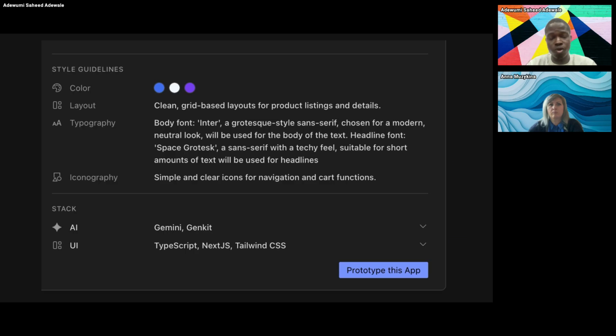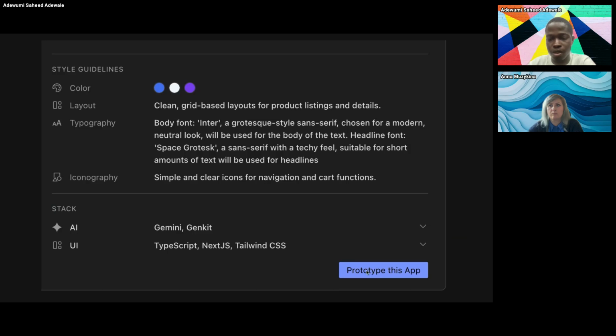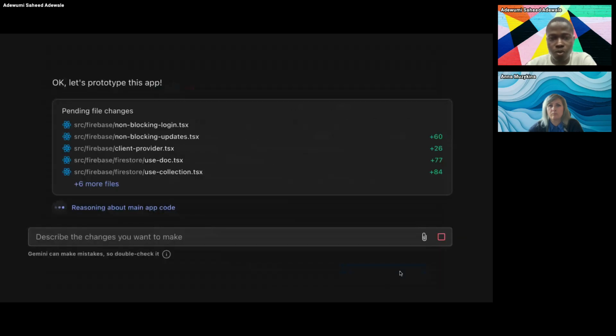What I will advise, if you don't want to pay any developer and just want to work on your own, maybe you are running a small business and you want to save budget, is to watch a crash course, maybe 1 hour 45 minutes, to understand the programming language before jumping into it. Although AI will do a lot by fixing your code for you, this should just make sure you are in line. So moving forward, immediately after the user clicks on prototyping this app, it will generate